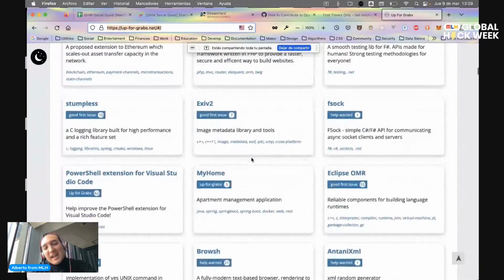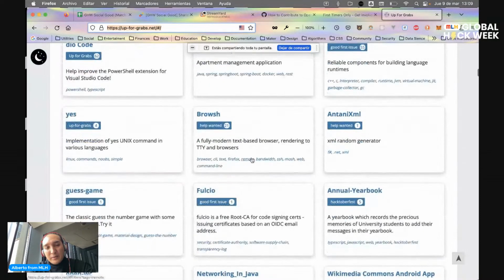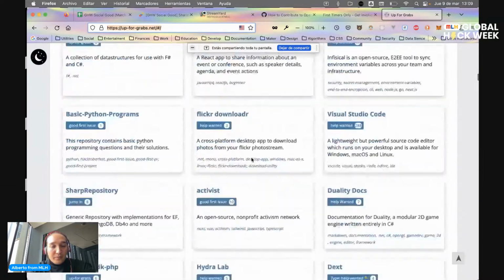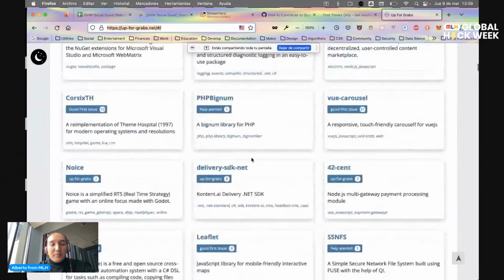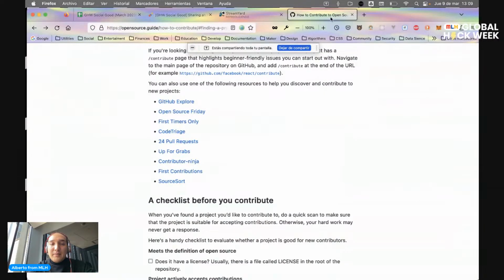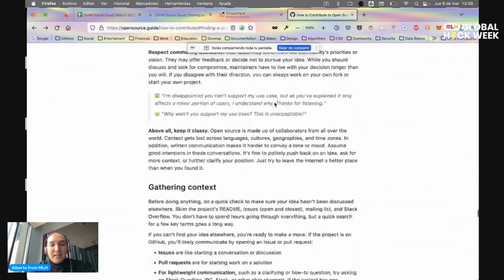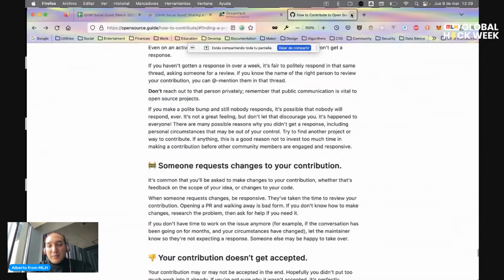There are a lot of tags in the repos we can use for searching projects that need maintainers. And yeah, that is all I wanted to share with you today.